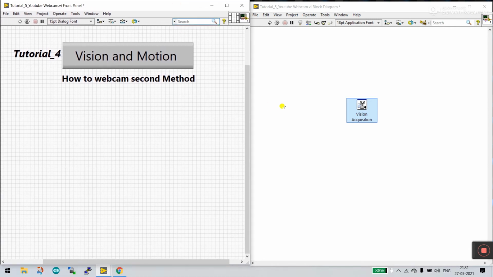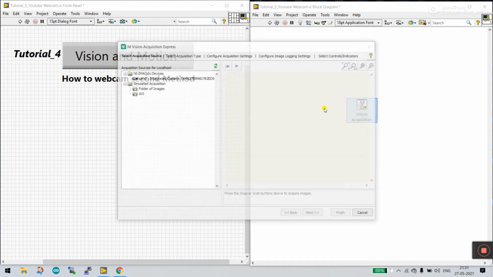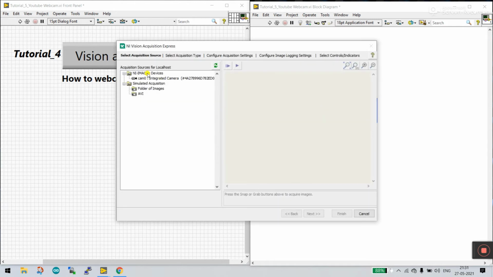Now let's start. Double click on this icon. After a few seconds a new window pops up. Now wait, initializing vision. Now done. You see this is cam0. Now you need to click this one. You see this play icon is disabled, but when you click this one, after a few seconds it becomes enabled, like you see.